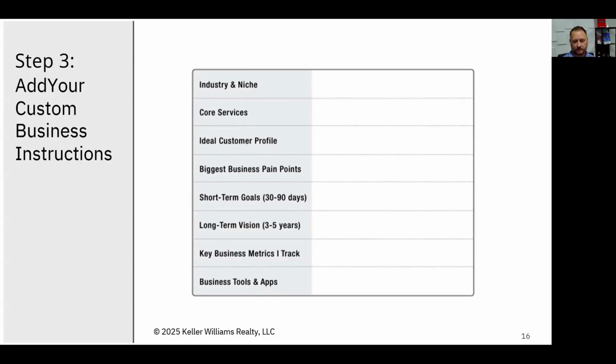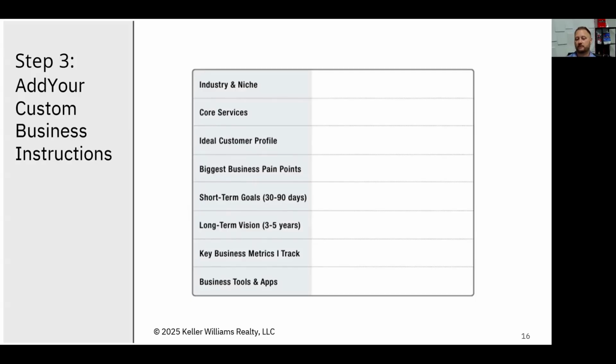Key business metrics to track. I'm just giving you really quick ones, but it may be more than that. You can go long. You don't have to sit there and be really short. You can give it a full-on dissertation if you want. Key business metrics though to track. So again, you can go back to what I was just saying. If you're currently doing 1 unit and you want to do 4, key business metrics is to keep me on track towards 4 units per month. And then